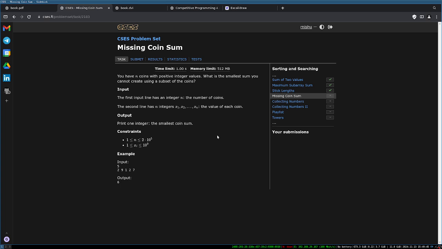Because the only way that everything from 1 to 2e5 can be created is if it's 1 2 3 4 5 6 7 8 9 up till 2e5. Then we can create up to 2e5, and we can create up to 2e5 plus 1 as well, meaning we can create anything, like we can use 2e5 and after that